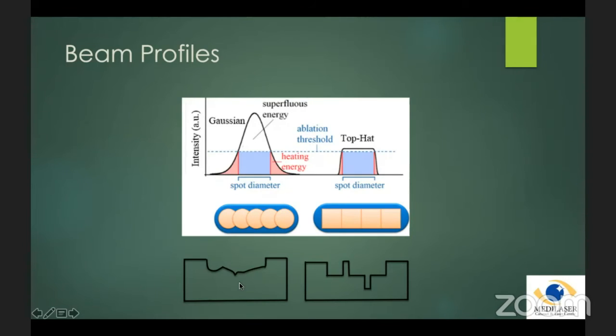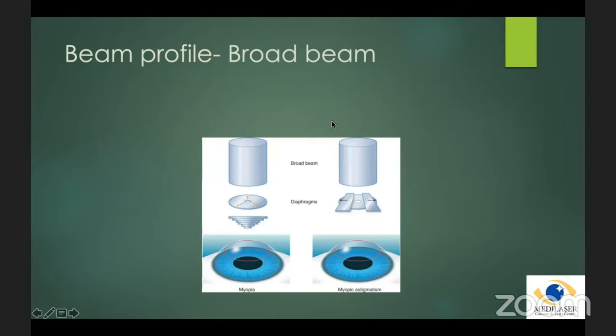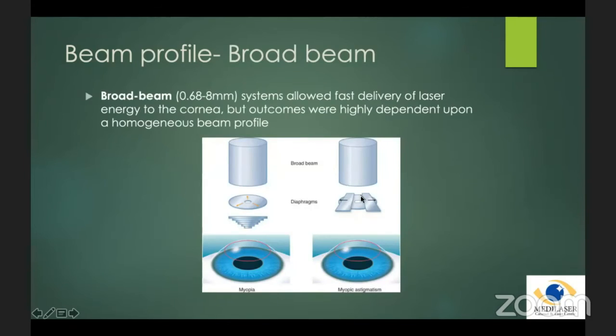The first generation laser beams were broad beams. That means that they required diaphragms or masking devices so that a broad beam of laser was emitted and the cornea was removed layer by layer. So these were fast treatments with high energy output. However, the disadvantages were that there were no blend zones, there were small optic zones, and the quality of vision could be affected. And also because there was a high energy output, there could be thermal effects like central islands and hot and cold irregular spots.